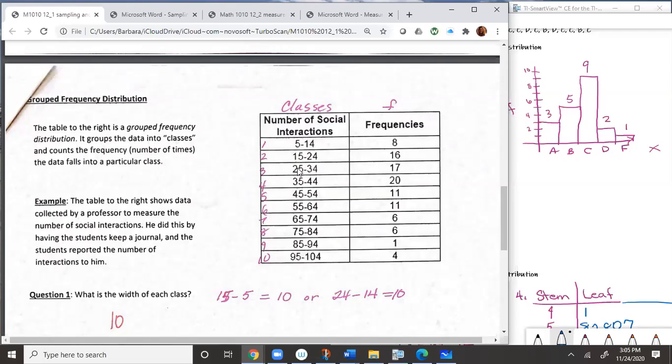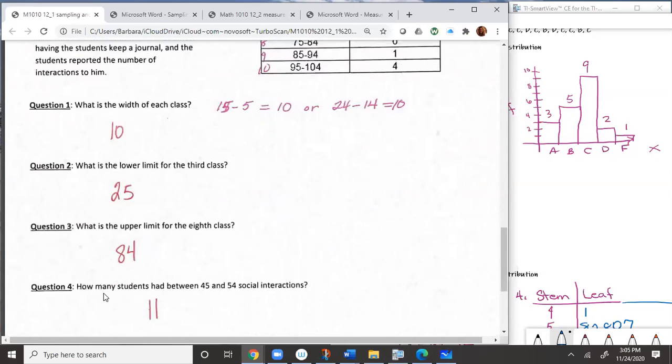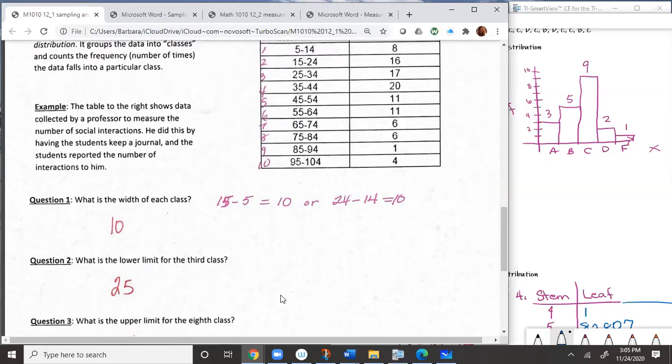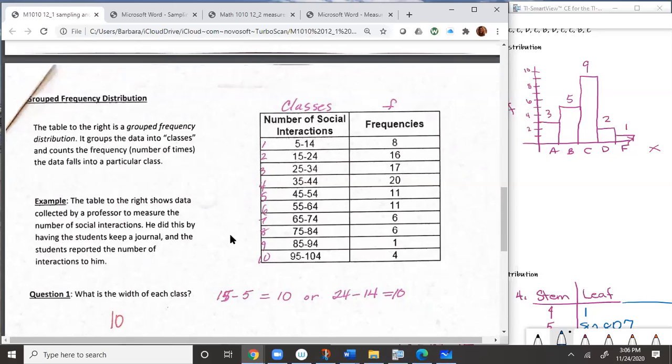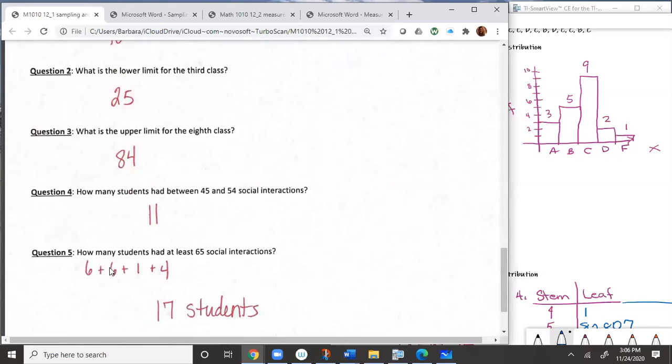the lower limit is 25. What is the upper limit for the 8th class? And that number is 84. And how many students have between 45 and 54 social interactions? So we look to the 5th class here, and it looks like we have 11 students that had between 45 and 54 social interactions. How many